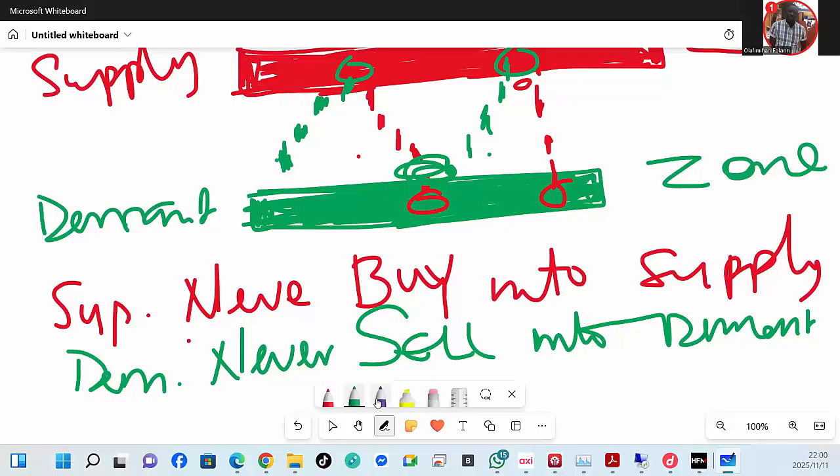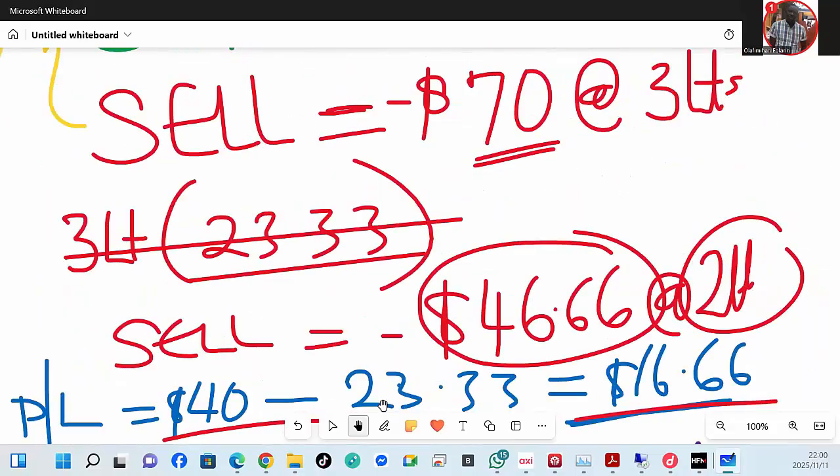These two laws, or these two rules, are the very best rules that you must not violate as a supply and demand trader. You must not violate them. So this is how we manage price zone, which is our fifth stuff we need to discuss tonight. So let's go to the last one.